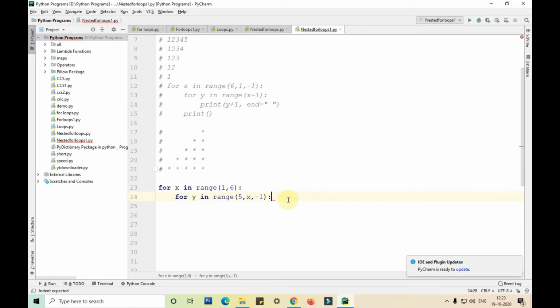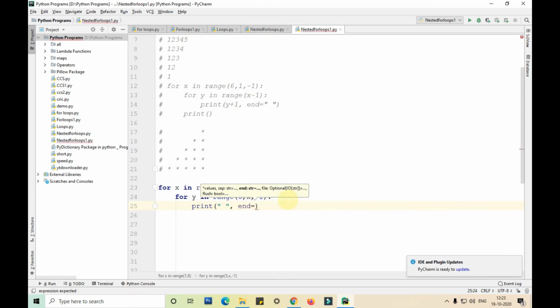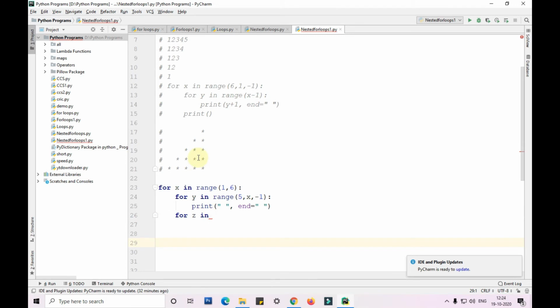So after that, I'm printing a space. Then I'll end that particular print statement with a space again. Okay. Then another for loop, for z in. I'm using this particular for loop to print these stars, guys.